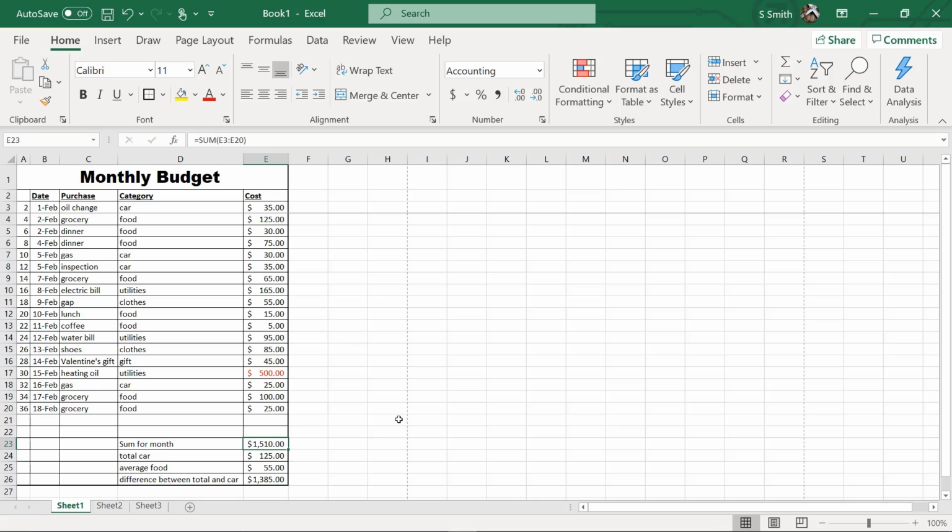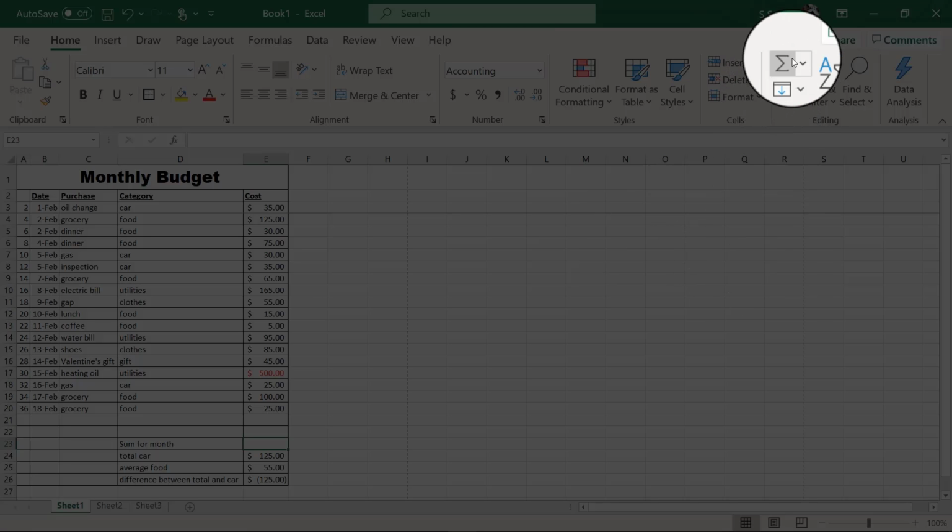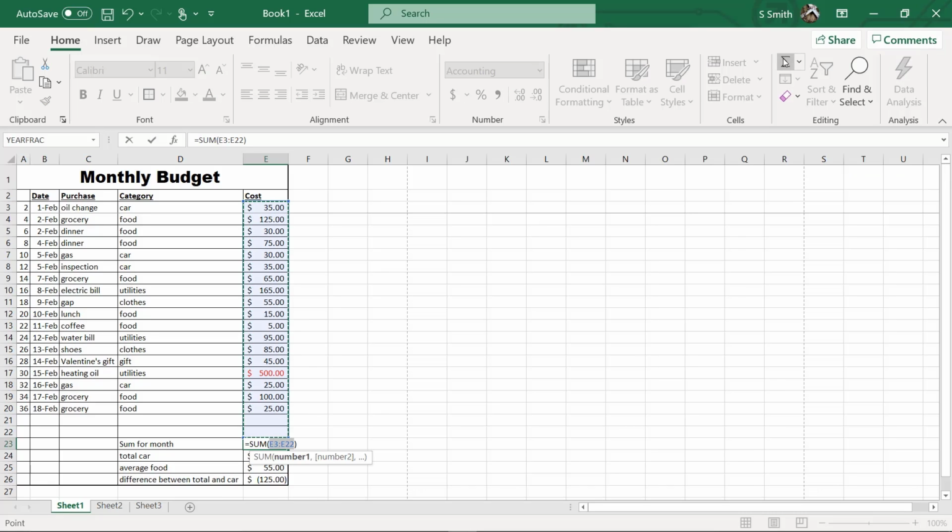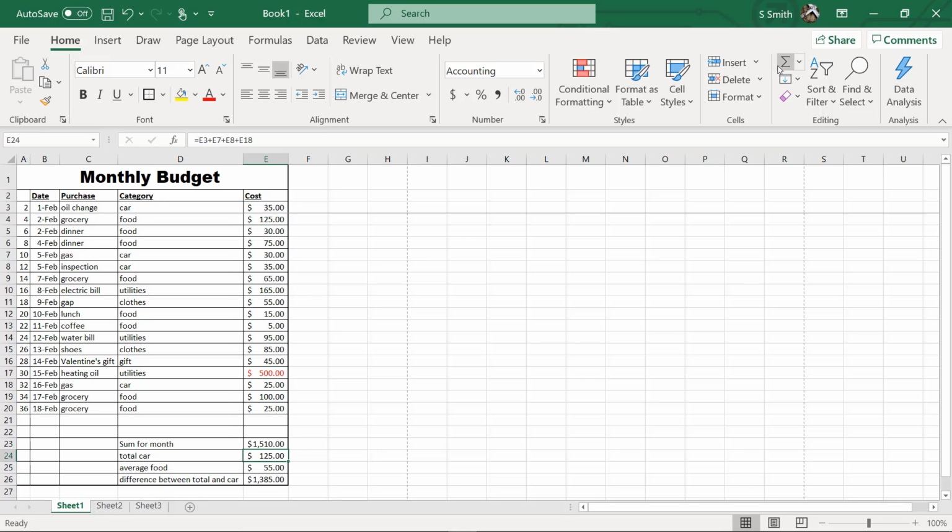I know we summed up this before, but I would like to show you another way to sum that is a little bit faster than just going to the little f of x function and typing in a lot of information. So I'm going to delete the sum that we have there right now, and then I'm going to go to this little thing over here that's called AutoSum, and I'm going to click that one button, and it is automatically going to select all the data that's above it, and I'm going to hit enter, and that's just another way to sum up data really quickly.